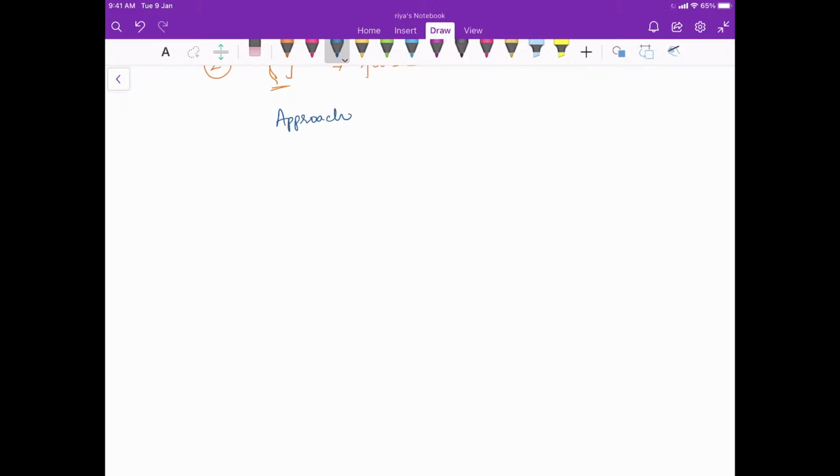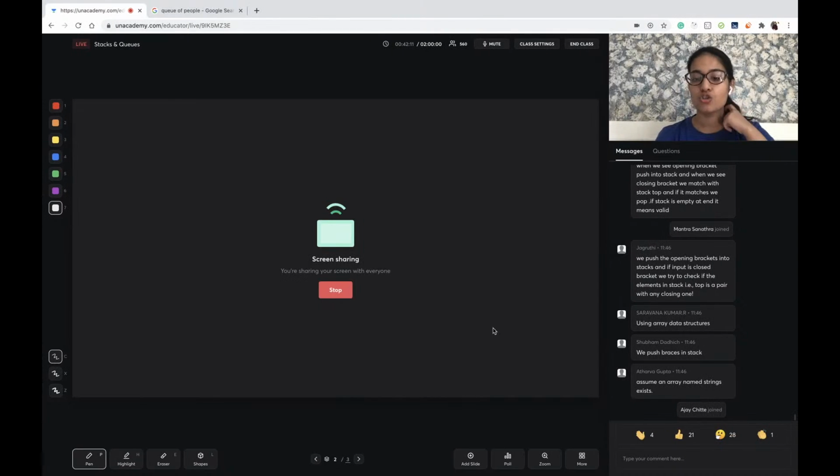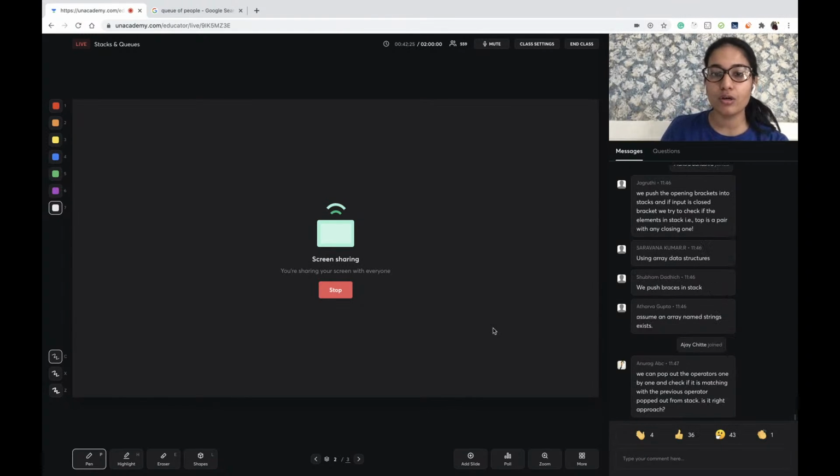Let's discuss the approach that we are going to use to solve this question. So we're not going to go directly with the approach. We already know that this is the class that is going on based on stack and queues, correct? So if I directly tell you the answer using stack, you also will not be able to learn it in a concept, because if we are studying the class on stack and queues, then obviously it means that it is somehow going to use those data structures, correct?